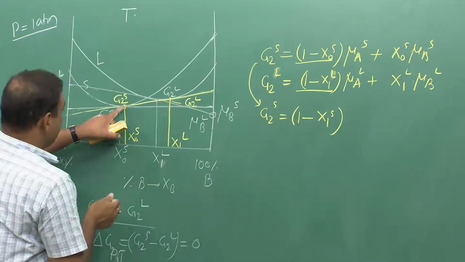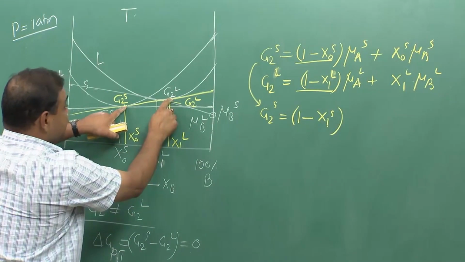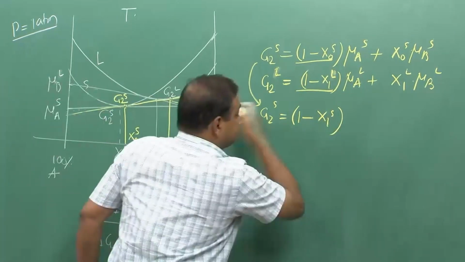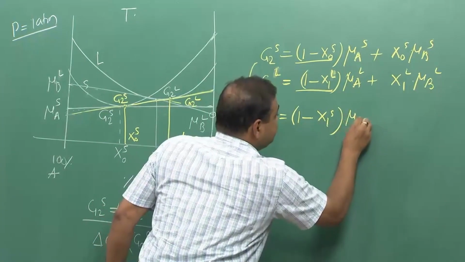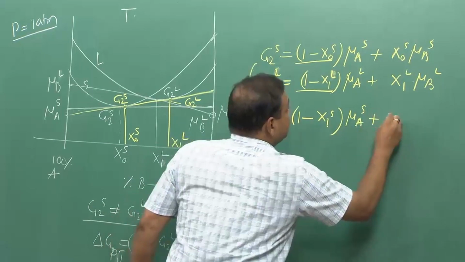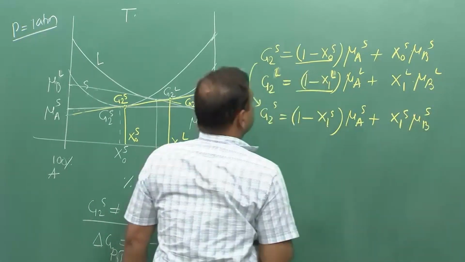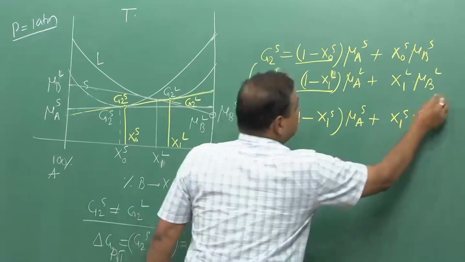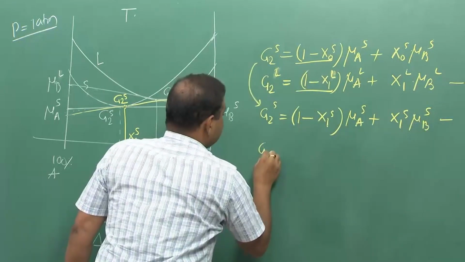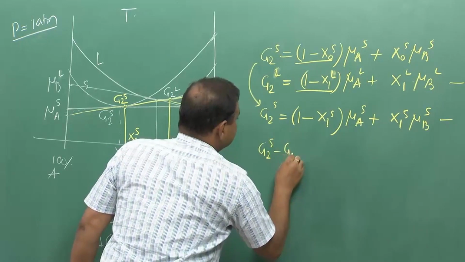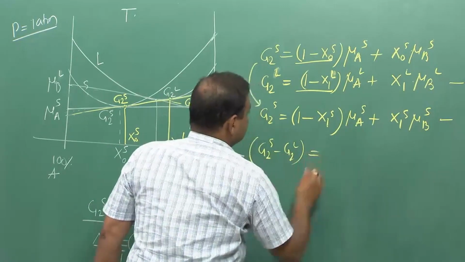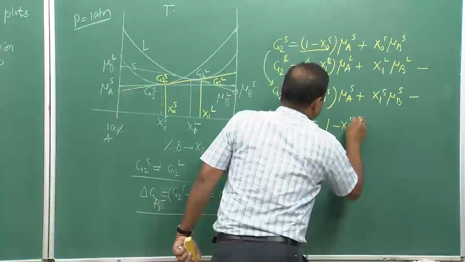If I take this composition to this composition in case of solid, I can write that as per that conversion. So, from this, if I try to see, G2S minus G2L would be equal to 1 minus X1S